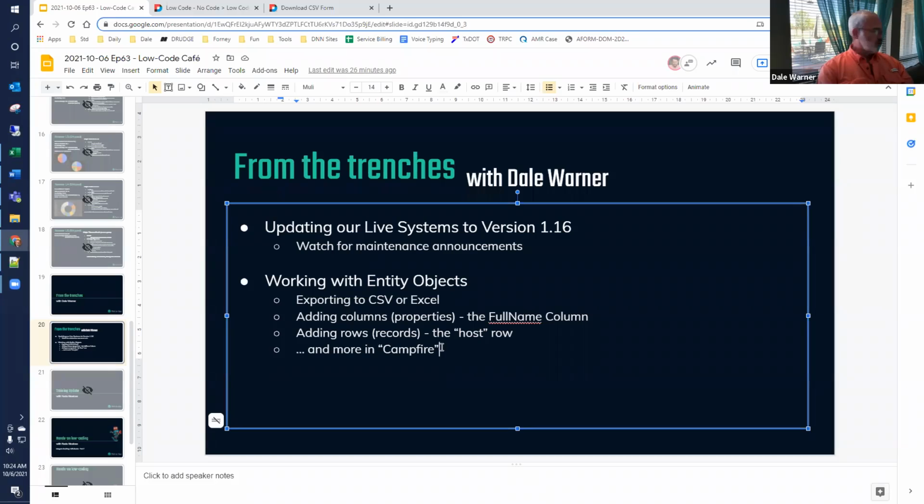And I know there's a question at an earlier time about how to suppress certain columns or change some, do additional filtering, and copying from one entity to another is one way that can happen. So entities are quite flexible, and I want to just focus on those for a few minutes today.